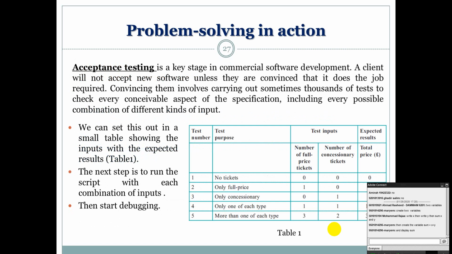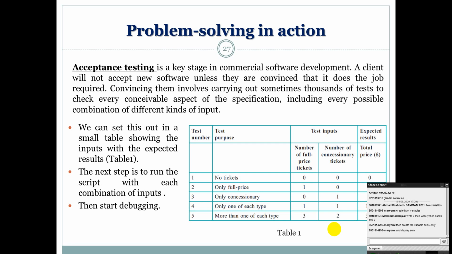Now we also have something called testing the program. After we write the program, we need to do testing, of course. Acceptance testing is a key stage in any software. A client will not accept a new software until it passes the acceptance testing. Acceptance testing means that the software will undergo a set of tests